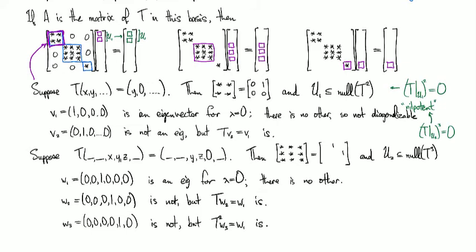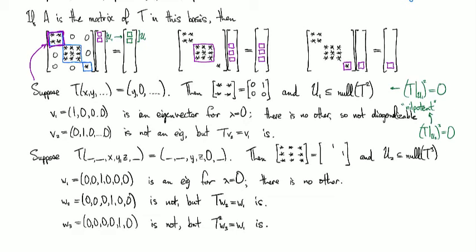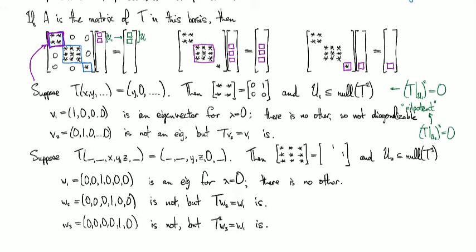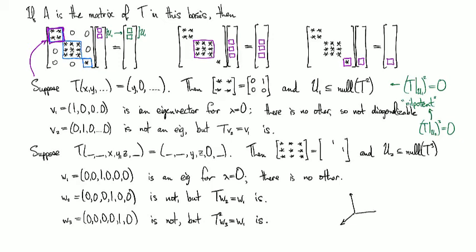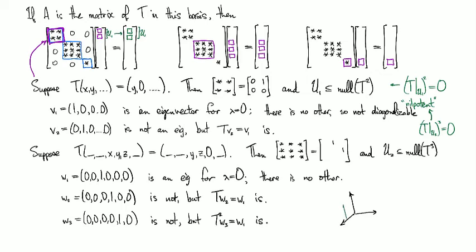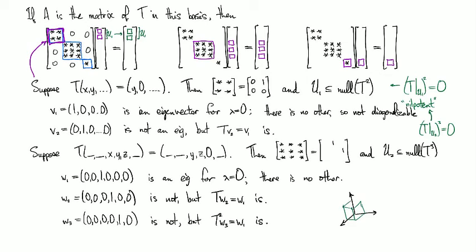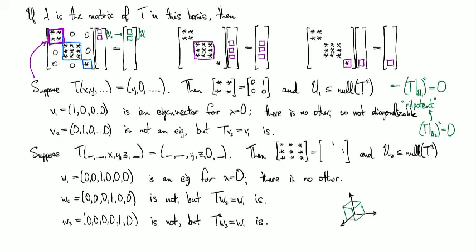Now, all the stuff that I've been talking about right here is just for the eigenvalue 0, because that's the simplest case to write down, and it keeps the arithmetic nice and tidy. But the general idea is something like this. You might have some three-dimensional eigenspace, and here's like the unit cube in this eigenspace or something, and then when you apply T to it,